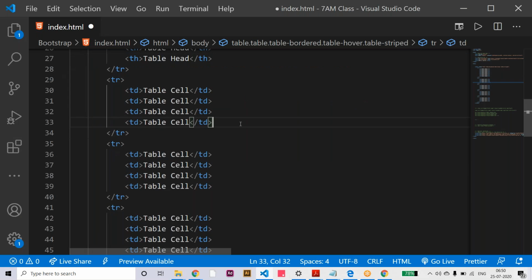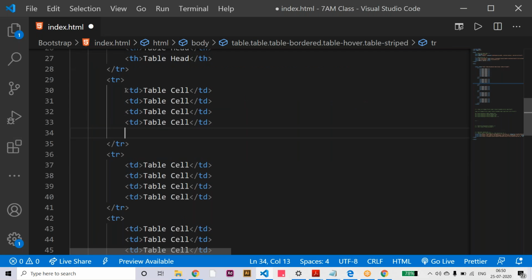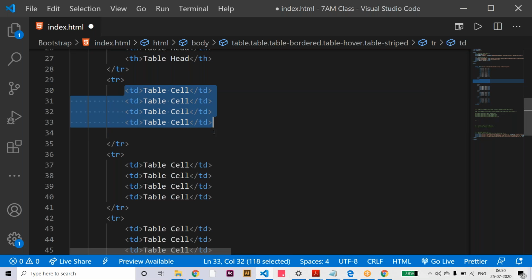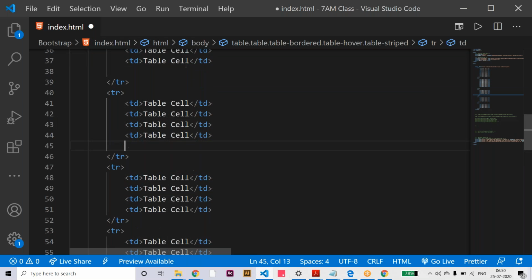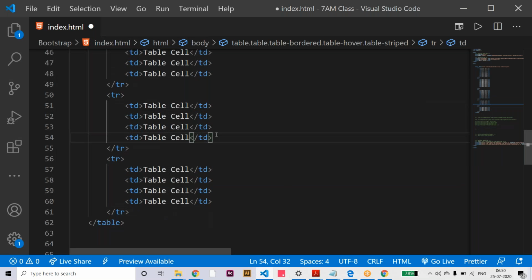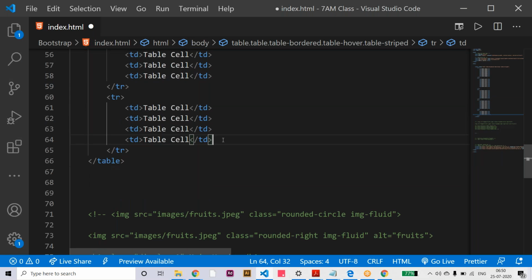When we have more columns, the table should be responsive, without horizontal scroll.